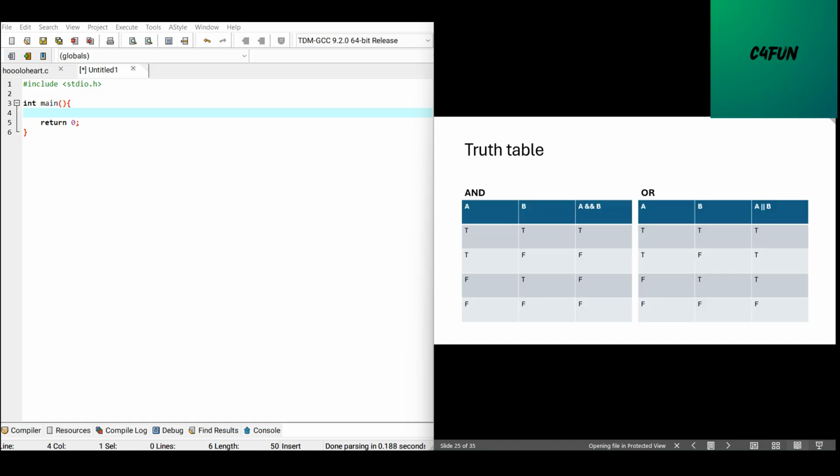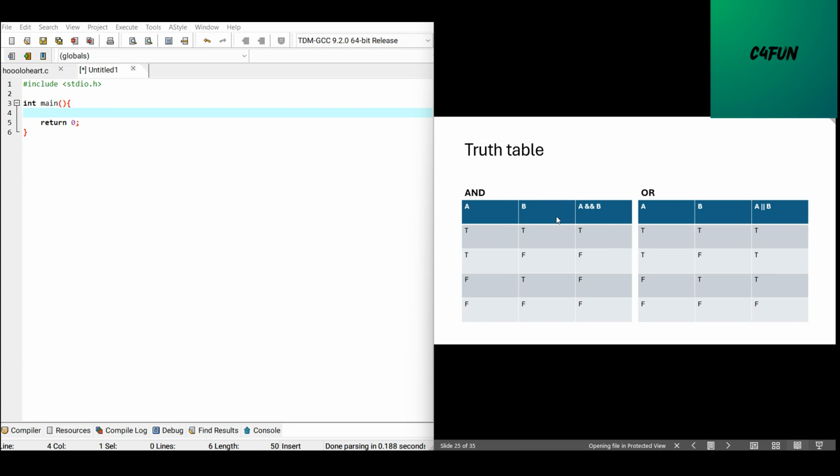So with the AND gate, if we have two values, if the two are true, the output is true. Once one is false, the output will be false. Just take an example like I'm eating, I'm playing. If I'm eating and I'm playing, it will be true. If I'm eating and I'm not playing, it will be false. If I'm not eating and I'm playing, it will be false. And if I'm not eating and I'm not playing, it's still false. So it's just